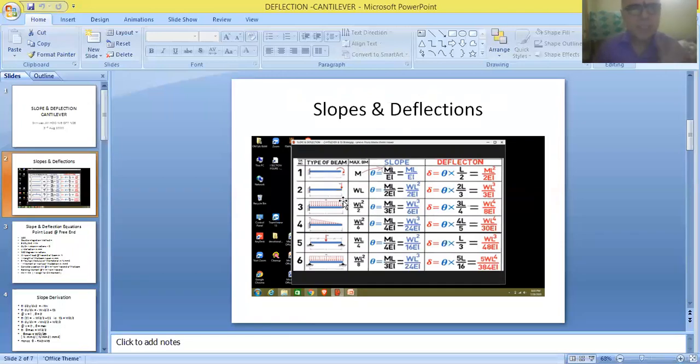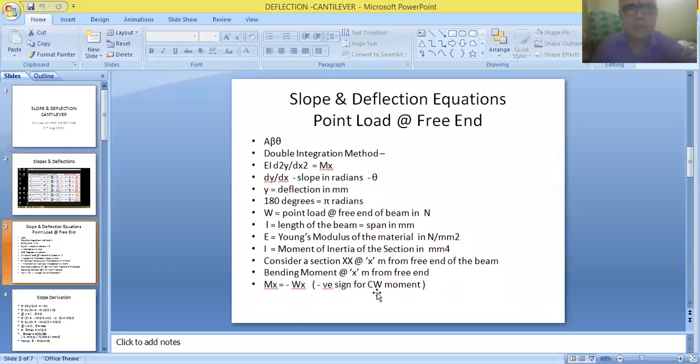Therefore, it is written as a product of capital W and small x. Now this load is acting in the downward direction, so it will result in clockwise movement. A negative sign must be allotted to clockwise movement. So friends, Mx is written as